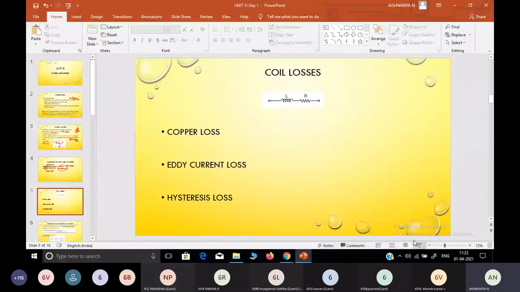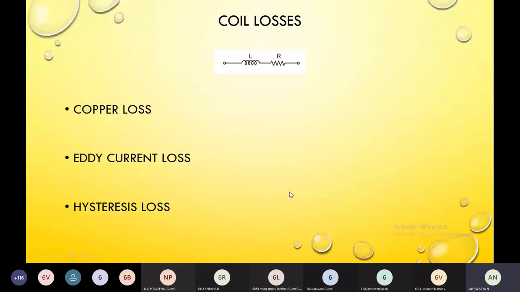Okay, fine. So, see, your next topic is coil losses. As I said before, your tuned circuit will have an inductor component, which we call a coil. But your inductor will not be purely inductive in nature. It will have some resistance that is represented by R. This resistance indicates the losses that occur due to the coil. Okay, so your tank circuit or tuned circuit will not be purely inductive. It will have some losses, and those losses are represented by the resistor R.